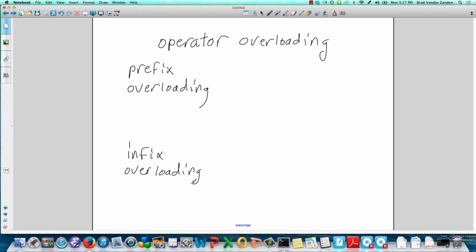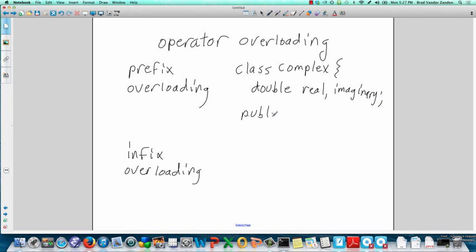And you should be familiar with both types. So in C++, I could define a class, let's call it complex, for a complex number. And we might say it has two components, a real component and an imaginary component. And then we may want to define a way to add two complex numbers. So we might say that we have complex operator plus